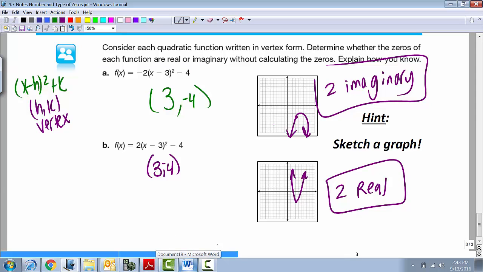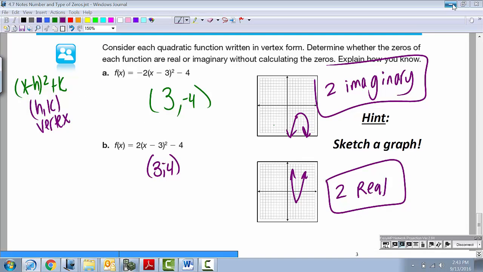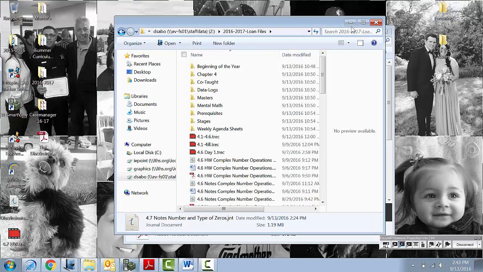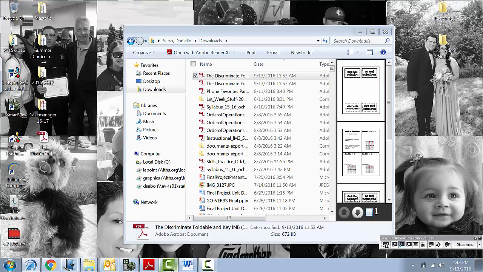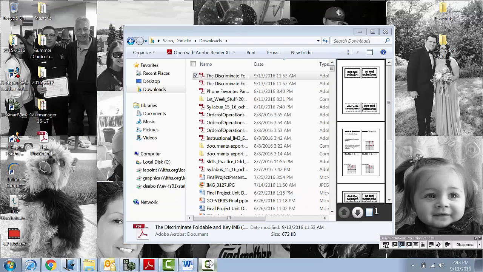All right, get out those scissors and start cutting around the box. We're going to glue that in your interactive notebook so that you have it. Did I miss any from yesterday? You missed, we finished the 4.1 to 4.6 review that you started on Friday. Wait, we're cutting out our notes? No, you're